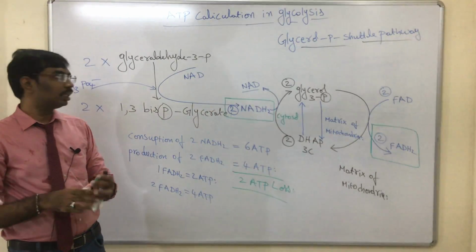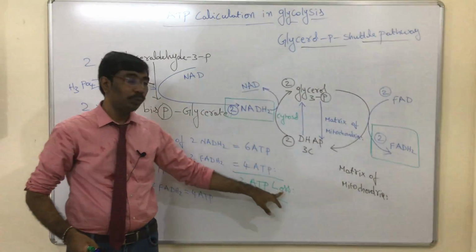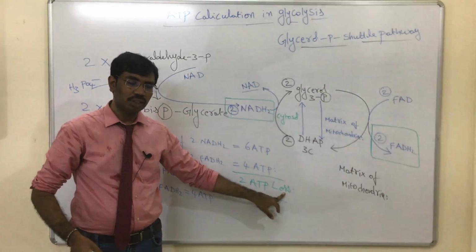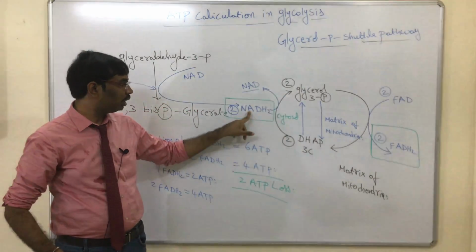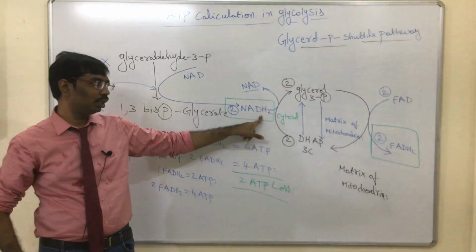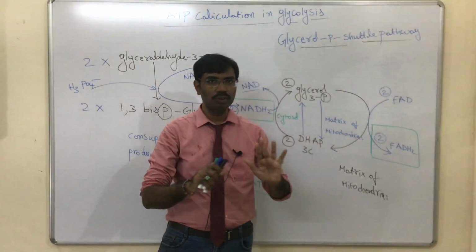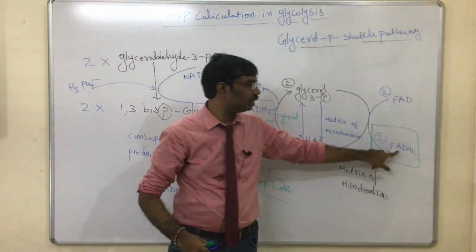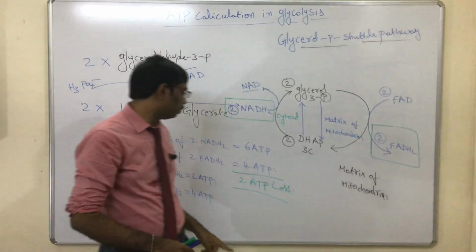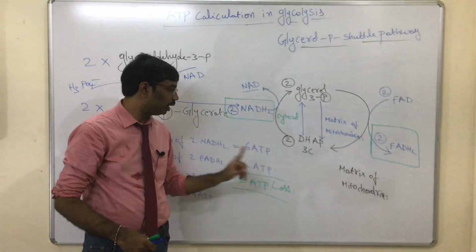So which cells contain the glycerol phosphate shuttle pathway? Those cells lose the 2 ATP. So 2 ATP is lost because of the glycerol phosphate shuttle pathway. Suppose 2 NADH2 are consumed in the reaction, and again 2 NADH2 are produced, then there is no loss and no benefit. But consumption is 2 NADH2, while production is 2 FADH2. So it consumes 6 ATP but produces only 4 ATP.